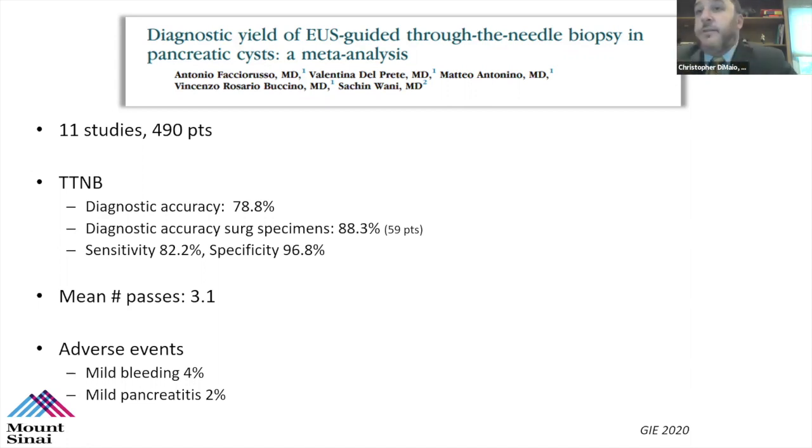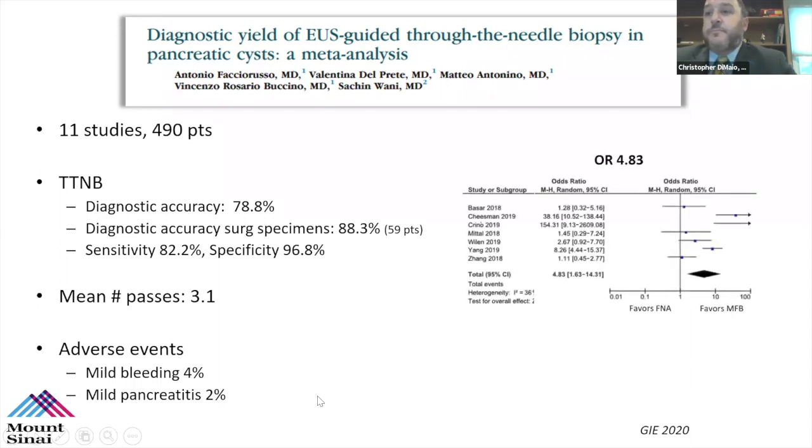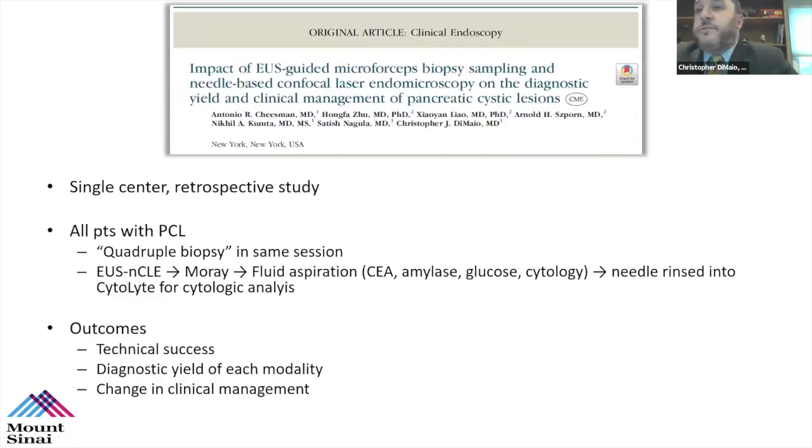And again, when you look at the larger experience as opposed to just one study, you see that the bleeding rate and pancreatitis rate is actually much lower and much more acceptable. And the majority of these are mild. And then lastly, if you look at the plot here, when they compare FMB, the microforceps, versus FNA in terms of making a true pathologic diagnosis, it clearly favored the microforceps biopsy with an odds ratio of 4.8. So those studies demonstrate that these tools, the microforceps, are really good and highly successful in achieving